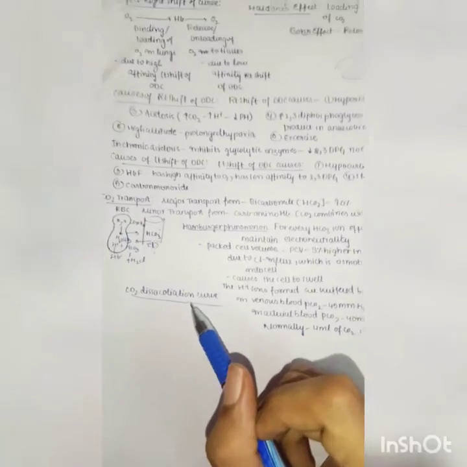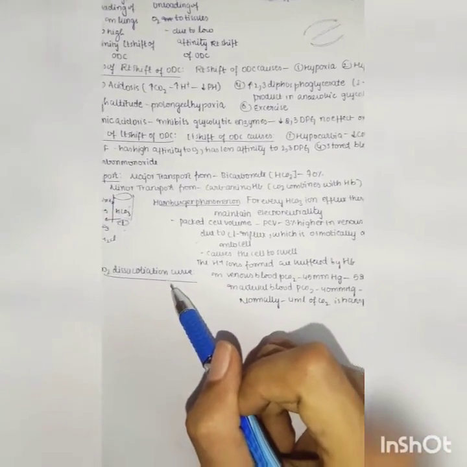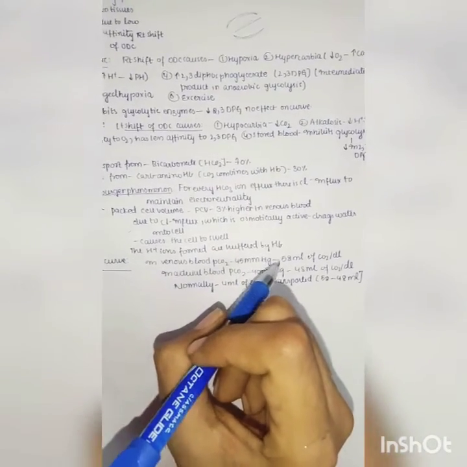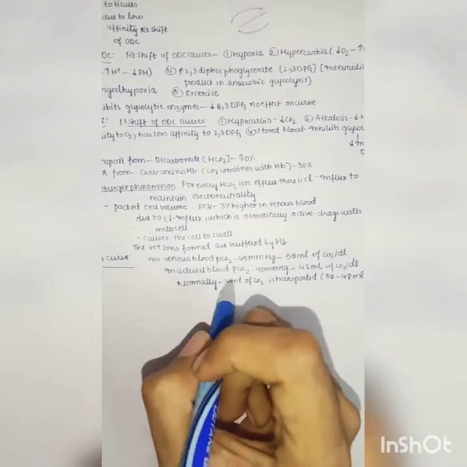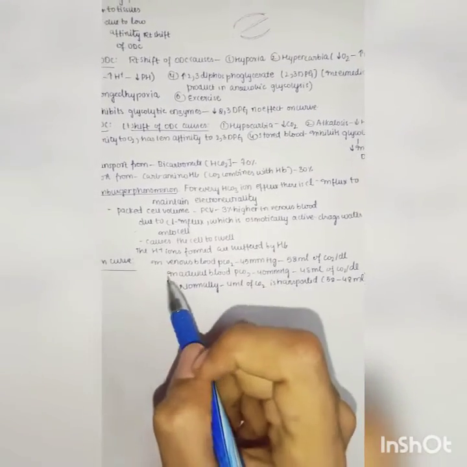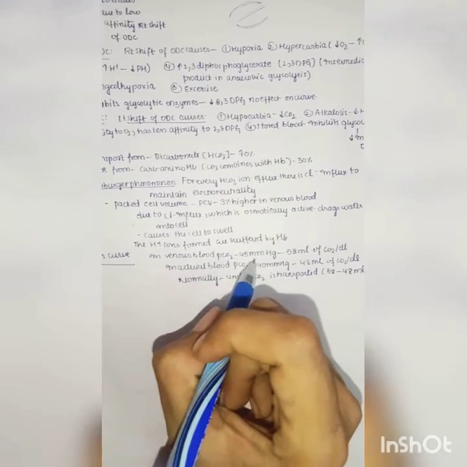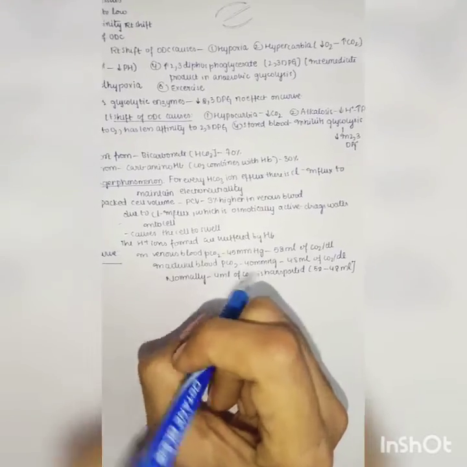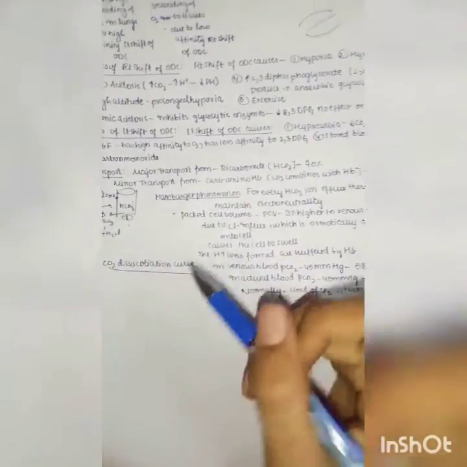Next, let us see, just as oxygen has a dissociation curve, carbon dioxide has one too. In venous blood, the normal pCO2 is 45, that is 52 ml of carbon dioxide per dl is present. In arterial blood, pCO2 is 40, so 48 ml is present. The difference between the two gives you normally 4 ml of carbon dioxide transported. That is the difference of 52 minus 48. 52 is in venous blood, 48 is in arterial blood. So that's it. We completed the overview of